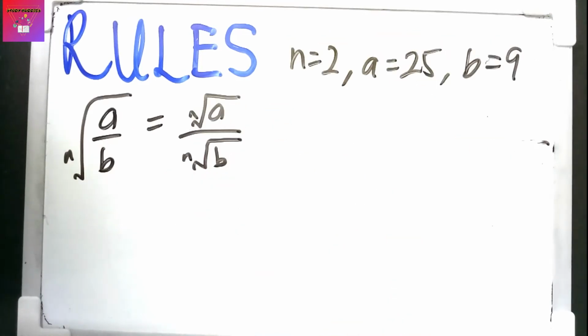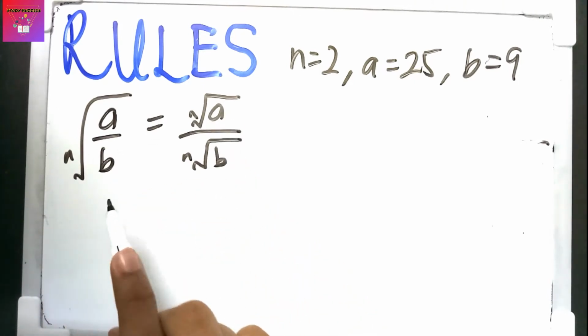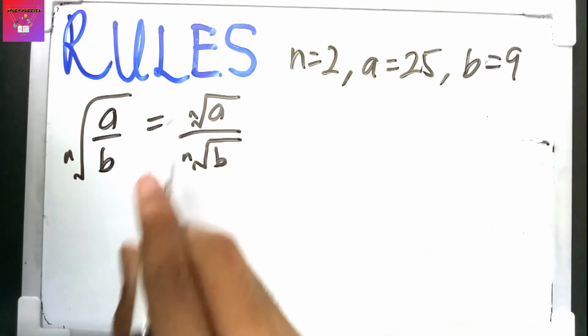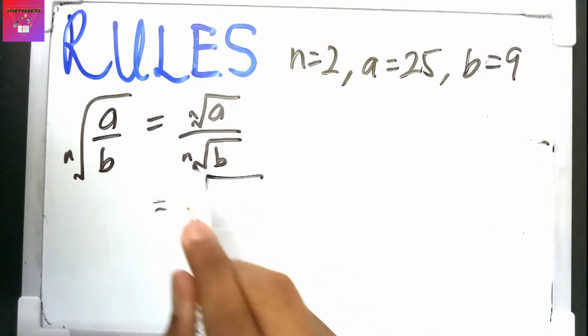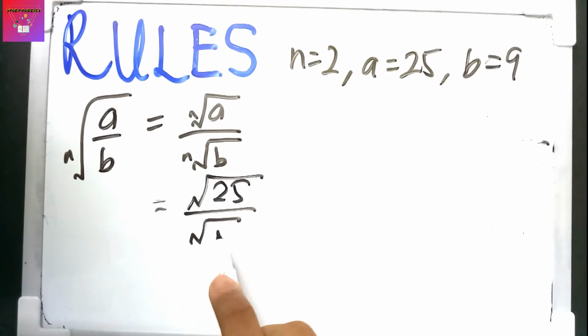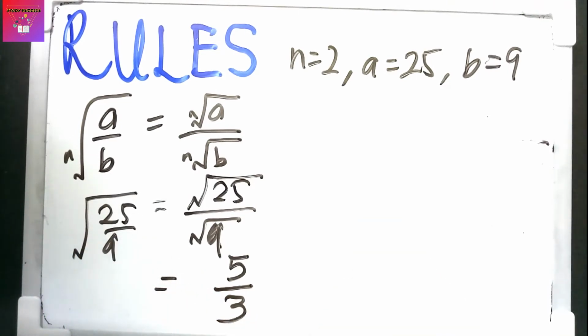Okay, just now we looked at a rule where the multiplication can be split into 2. Now we are going to look at a rule where the division can be split into 2. So let's say, because n equals 2, it's square root 25 over square root 9. So square root 25 is going to be 5 and square root 9 is going to be 3, giving an answer 5 over 3. On the other hand, square root of 25 over 9, if I do it in a calculator,